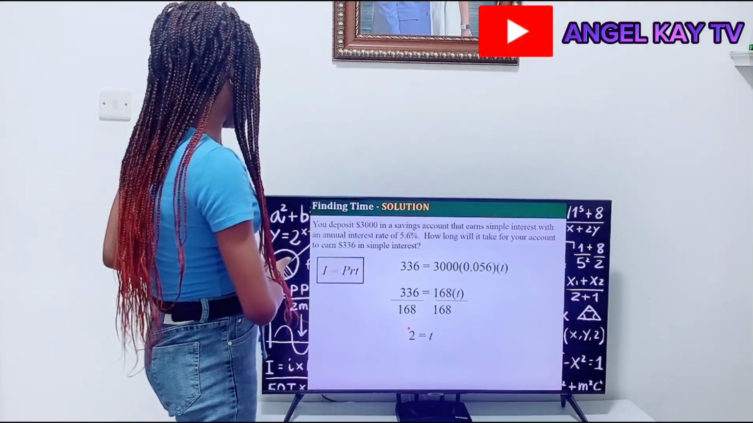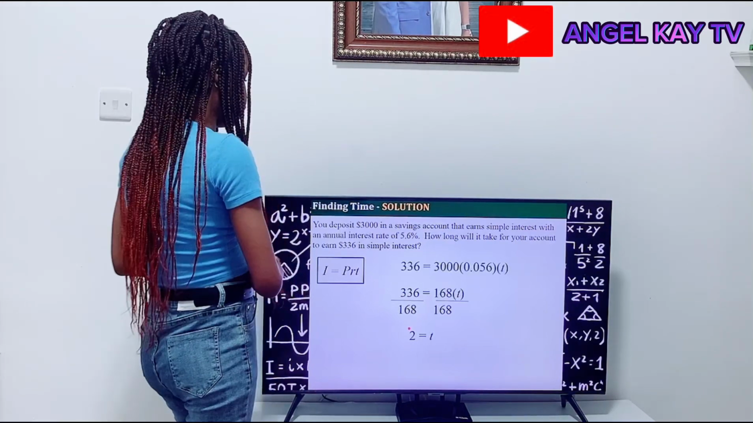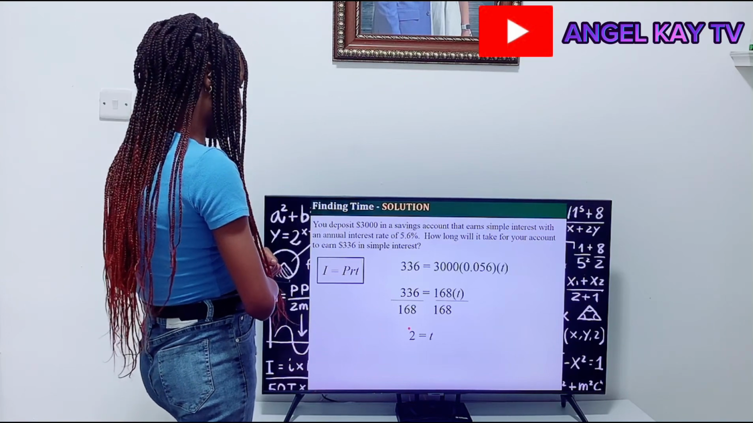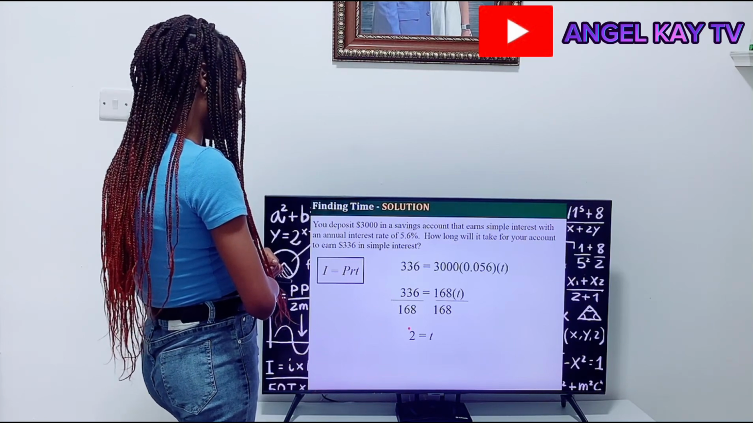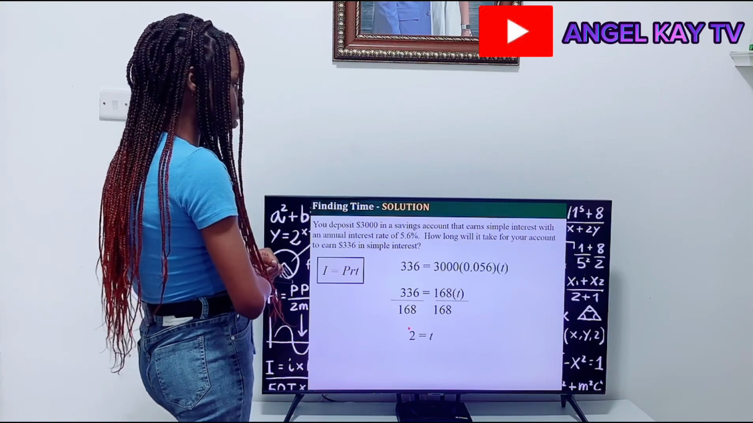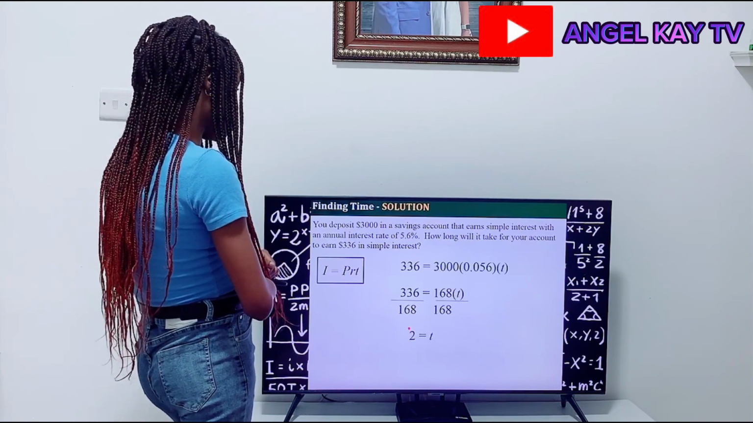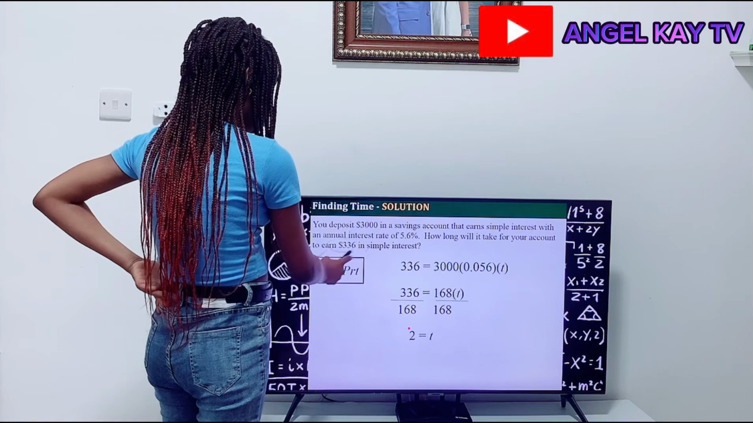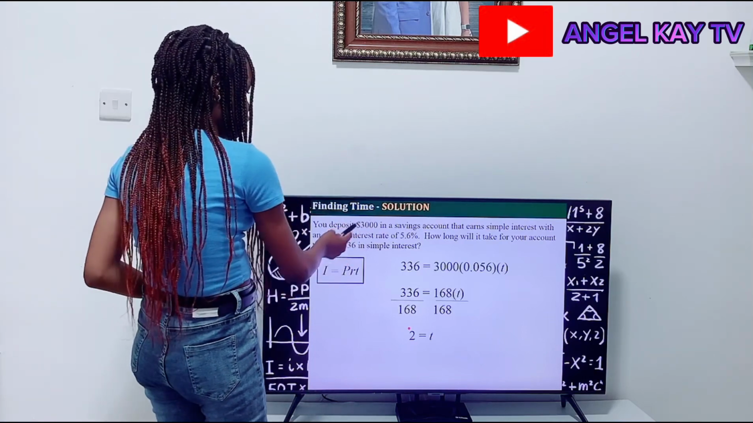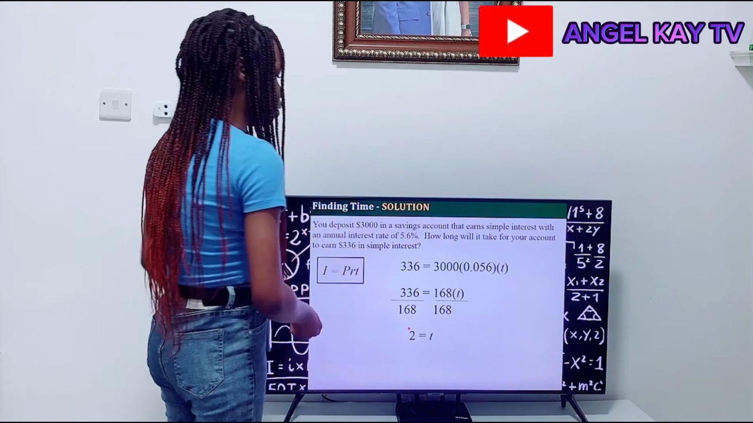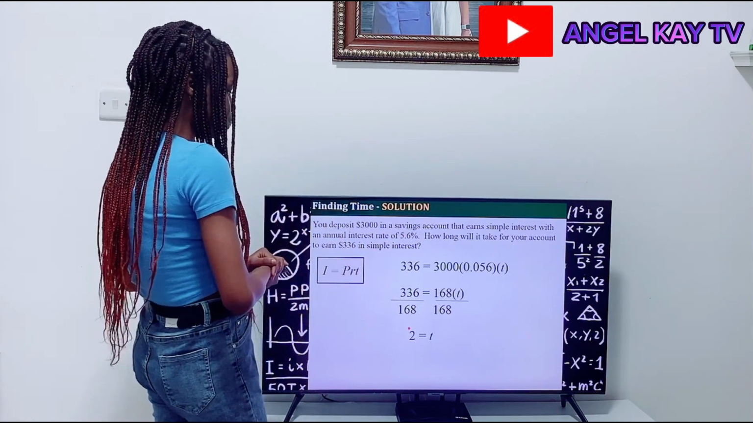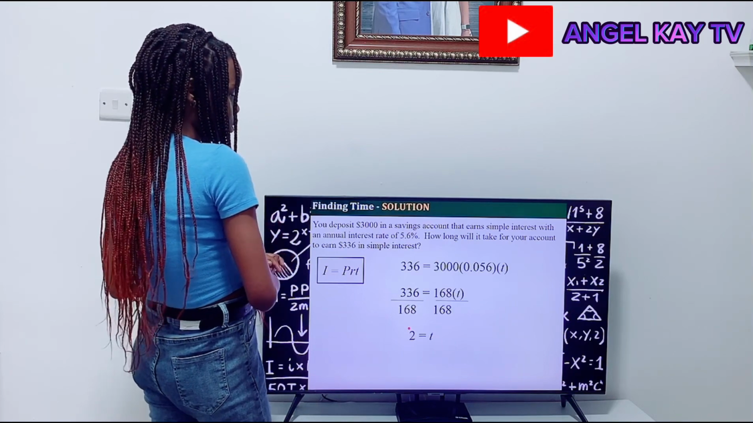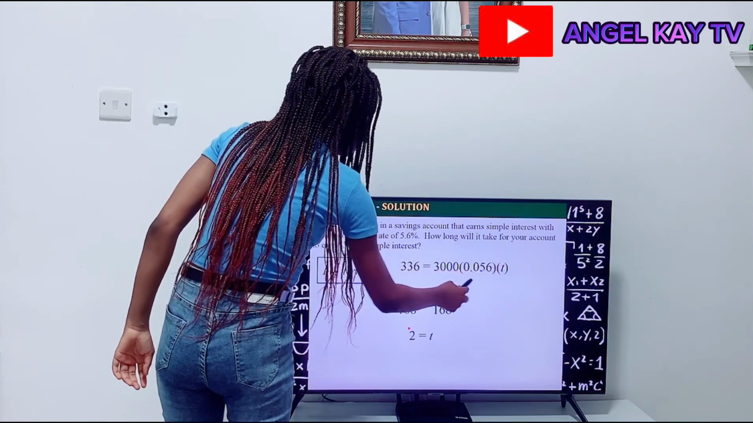Now we are finding time, and it says you deposit $3,000 in the savings account that earns simple interest with an annual interest rate of 5.6%. How long will it take for your account to earn $336 in simple interest? So that means this over here is our interest, this is our principal, and we obviously know that this is our rate. So that is equals to, so now what we're going to do is 336, which is equals to 3,000 times 0.056